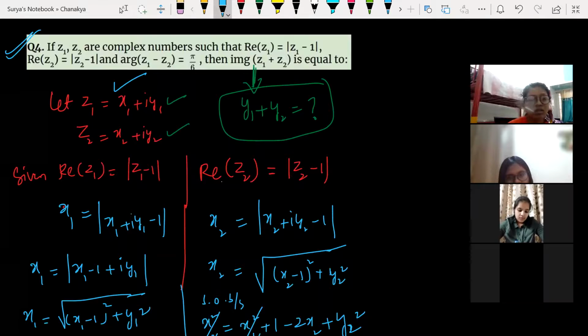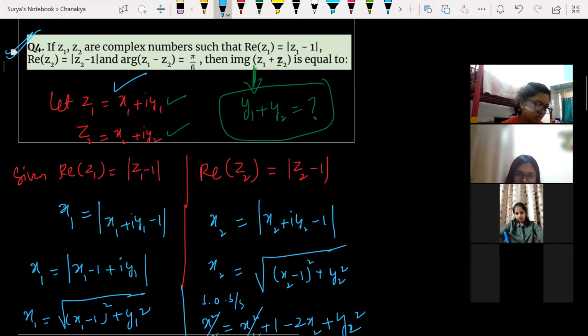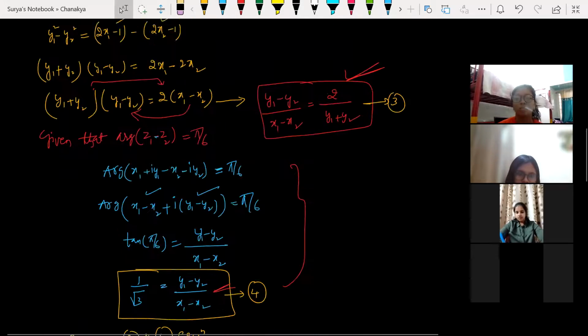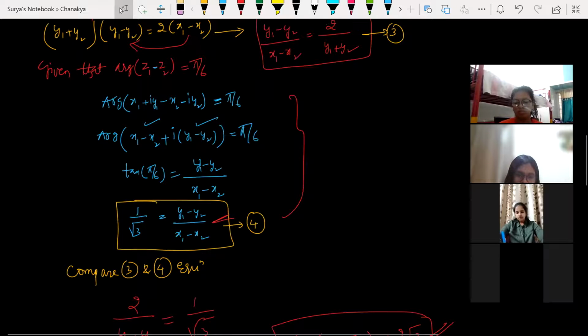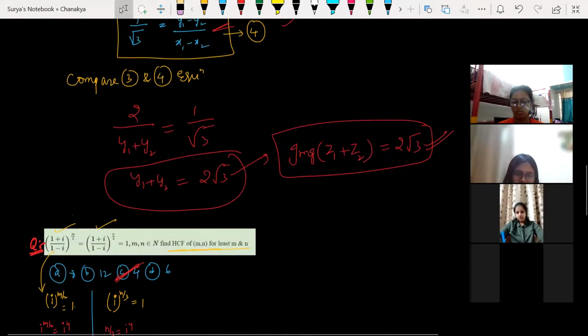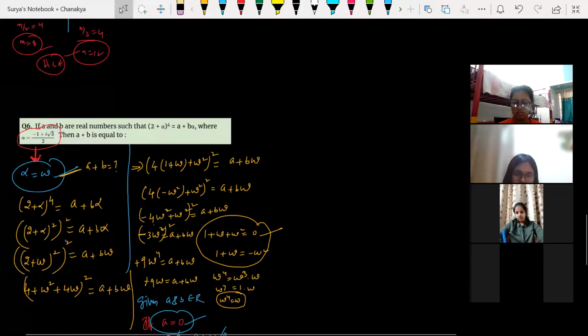Yes, sir. Very simple. See, I just kept solving the question. I just got something. So let us check whether the answer is in the options or not. Of course it is there. So 2 root 3 is there, option given. So 2 root 3 is the answer. Getting my point, children? So let us go with the next question.